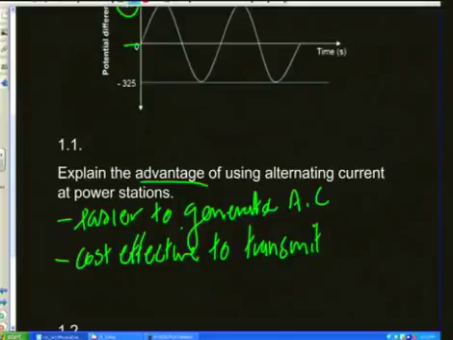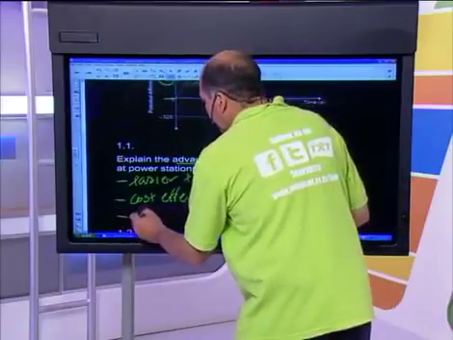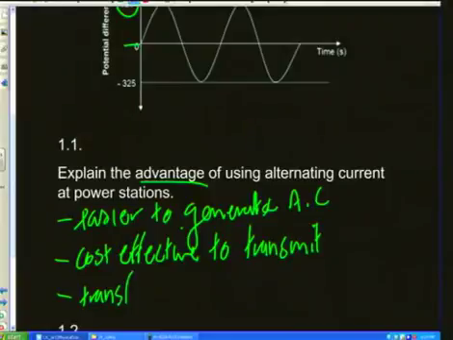In other words, you don't want to have a great big generator running in your back garden that you can hardly hear yourself speaking over dinner, because that's just not going to be comfortable. So we want to build our houses and our cities away from where the power stations are. And to do that, we need to have an easy way to transmit it. And the reason alternating current is so useful is that it can be transformed. It can be transformed to have low current